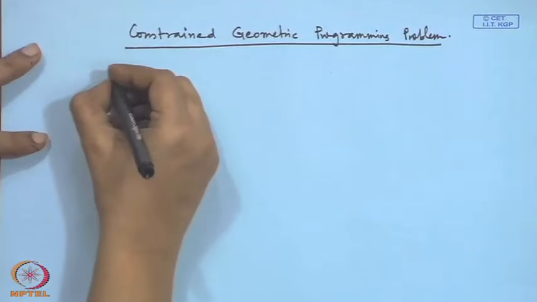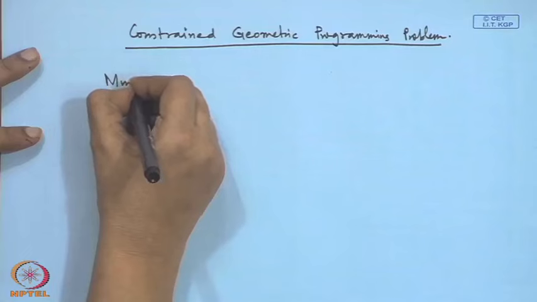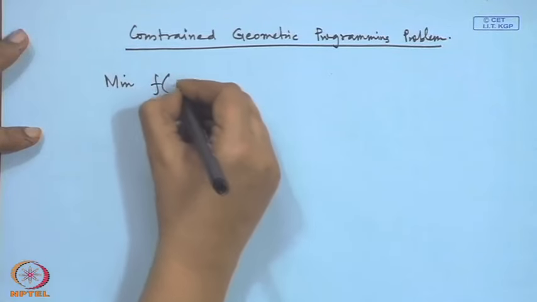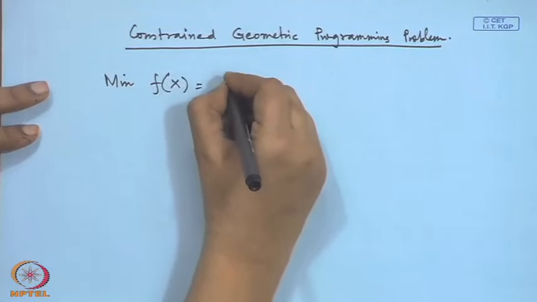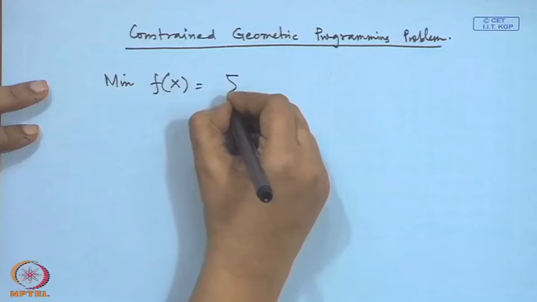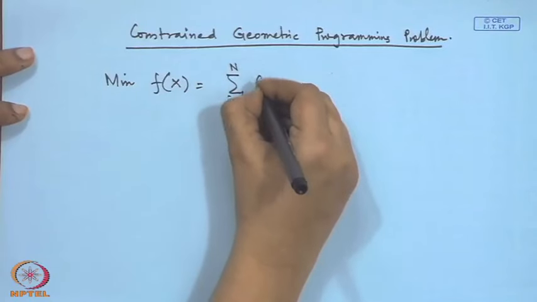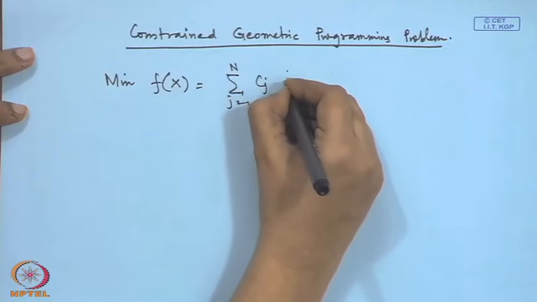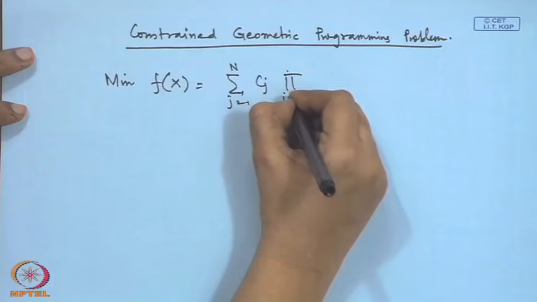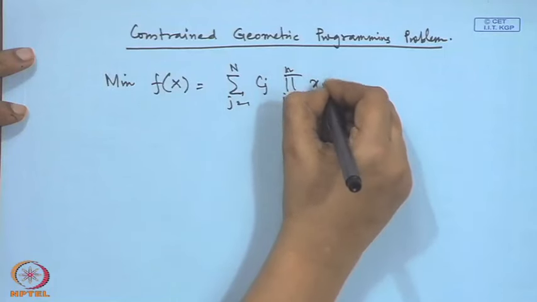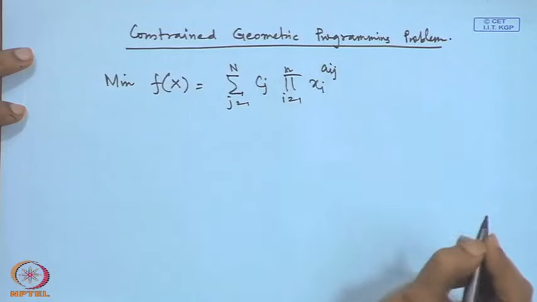We have the minimization of f(x) equal to summation j is equal to 1 to n of c_j times the product of i is equal to 1 to small n of x_i to the power a_ij, all right,